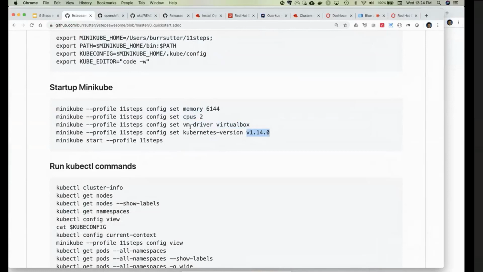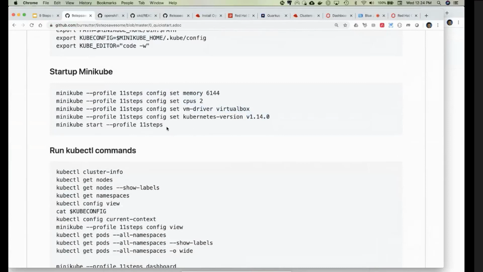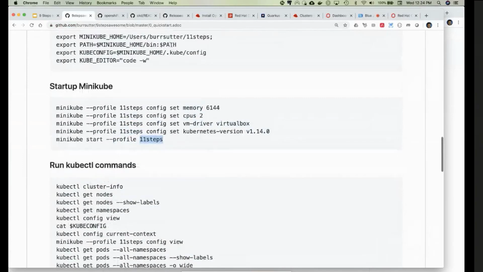I've actually got burned on that one myself. And then I couldn't figure out why, and then I realized I was still using the older alpha or beta versions of things, like a deployment is a good example. All right? And then, of course, there's this concept of a profile here. Now, the profile allows you to have different minikubes up at any given moment. Like I might have 3 minikubes, 4 minikubes up at any given moment. The profile helps me keep those worlds separate, along with having a good kube config and knowing where the kube